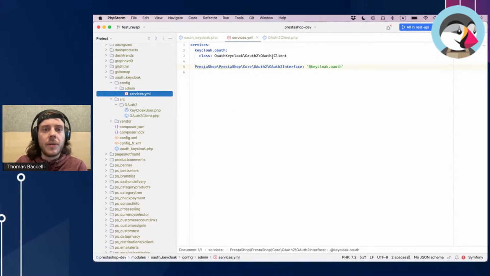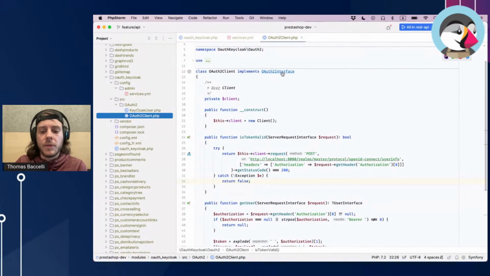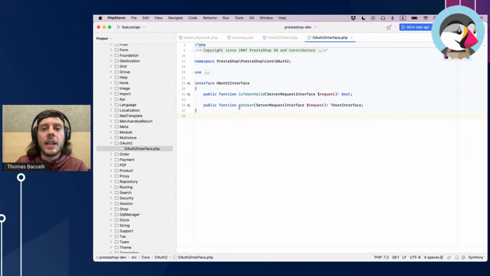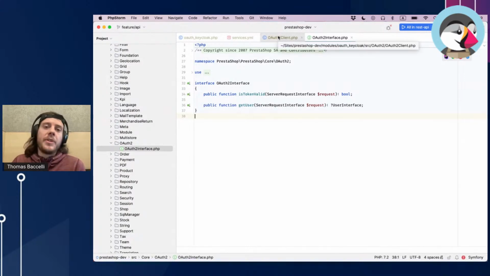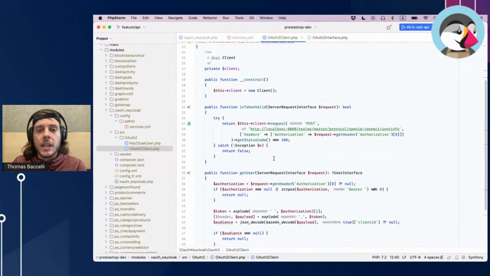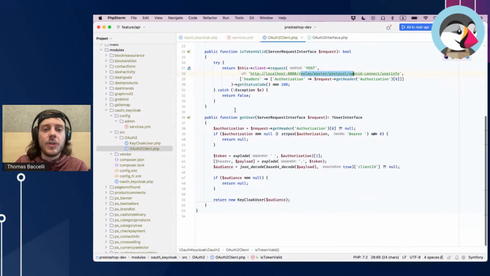If I go to the OAuth2 client here, we can look at the interface, which is very simple for now. It's just isTokenValid and getUser. By implementing those two methods in a module, you can have the OAuth2 implementation that you want. Here in isTokenValid, I just make a request to my Keycloak server to check that the authorization is valid, like the name explains. And here the getUser